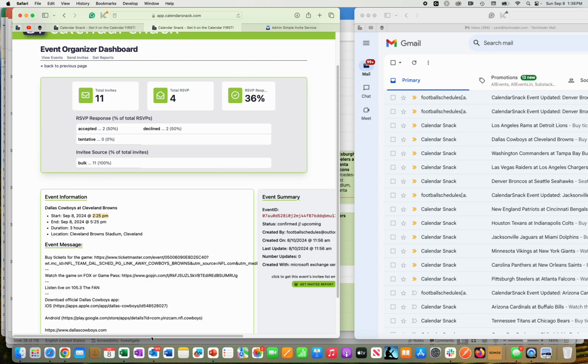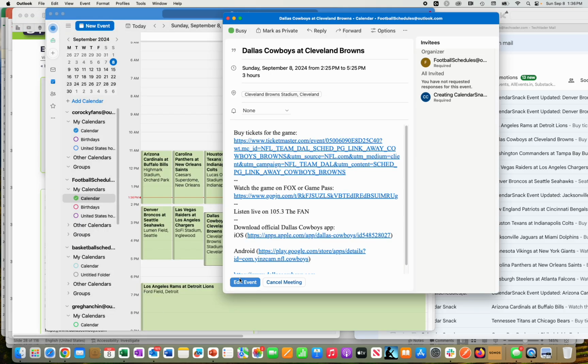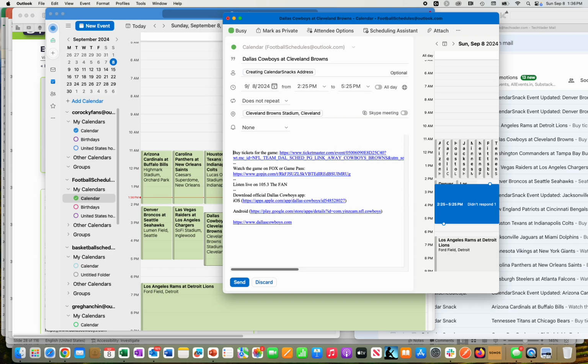So what I'm going to do is go back to here for clarity, and I'm going to go to the Cowboys at Cleveland Browns. That's right here. I'm going to hit edit, and I'm going to go ahead and move that down a couple. Anything I do here is going to replenish the S3 bucket and set up the pipeline again to actually send out a brand new calendar invite to anybody else downstream who has received a calendar invite already in the bulk invitation. So I'm going to say, come by